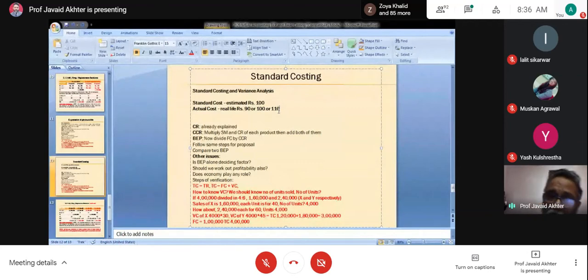In real life, one of the three will 100% be there. When you make some estimates, suppose we take the example of a department that decides to launch a course. What will be the cost? Recruitment of teachers or per hour salary to the teacher, the classroom expenses, electricity expenses, peon, refreshment, course material, photocopy. You can add on and on. The total will be the estimated cost.